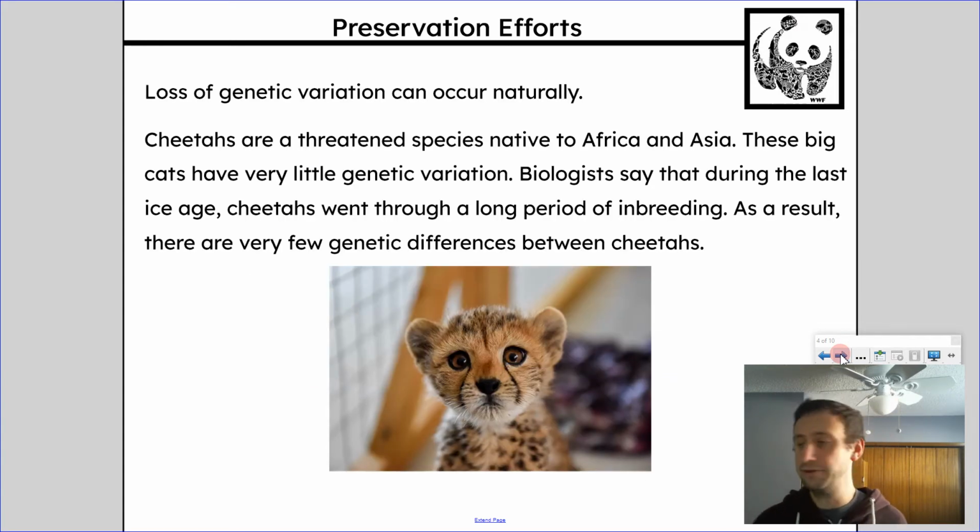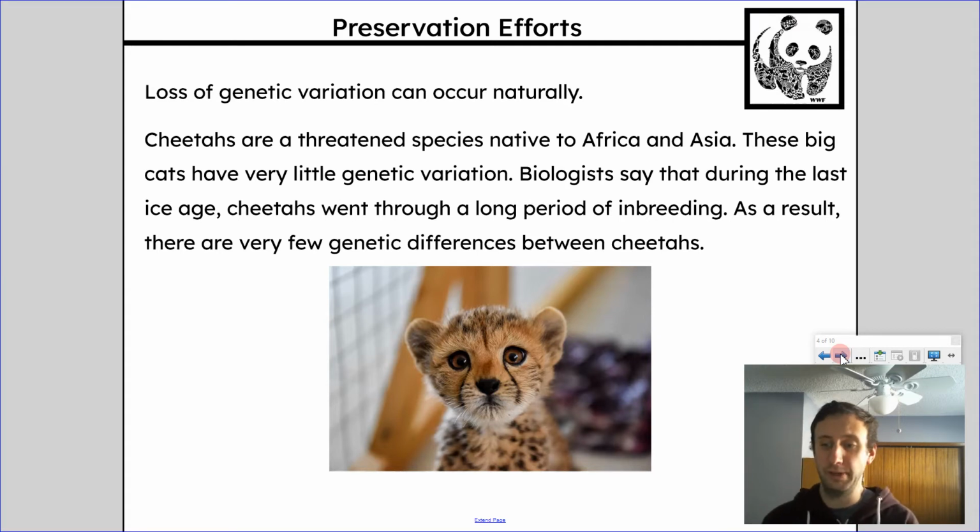Okay. Loss of genetic variation can also occur naturally. We're not necessarily responsible for it in every case. A great example is cheetahs. Cheetahs are a threatened species native to Africa and Asia. These cats actually have very little genetic variation, and that's due to the last ice age, when cheetahs went through a long period of inbreeding. Essentially there weren't many left, and as a result they were breeding with each other when they were fairly close relatives. Because of this, there's not a lot of genetic variation within cheetahs. All cheetahs are very, very similar in their genetic code,